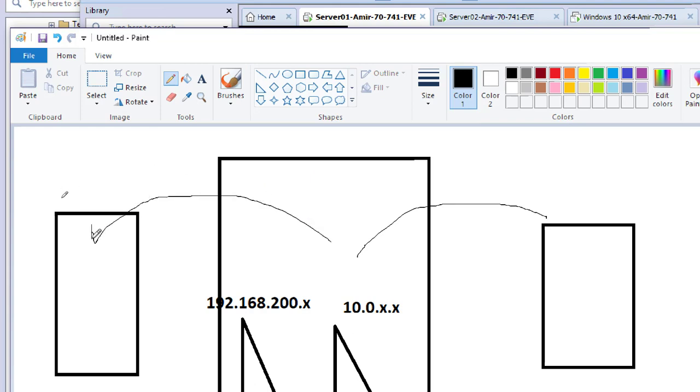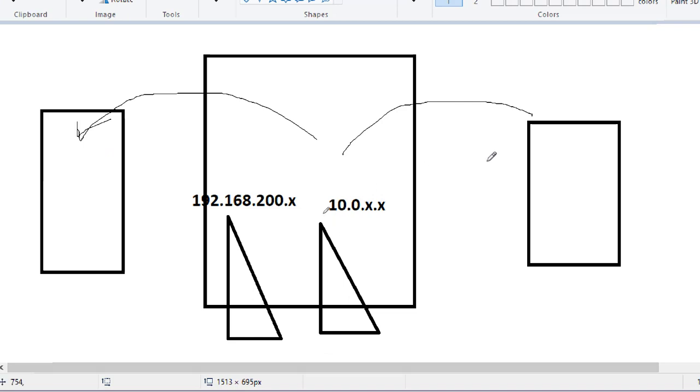If the routing is enabled. Normally we have to give one routing command, but still this VM can communicate with this VM as well, right? So if this is possible, this means routing is enabled. We're going to be checking that in the VPN lab now,